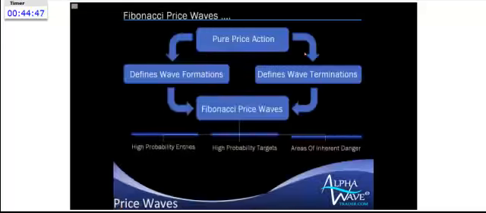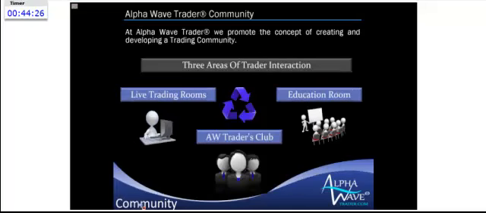So here it is. This is what I was discussing. Pure price is what defines very, very important levels and forms Fibonacci price waves. 2 rules give you very precise and specific entries. Fibonacci gives you essential targets. That's all there is. If you can count to 4, and if you can practice patience and discipline, you can trade anything. Forever and ever, you will remain the most important ingredient in trading. It doesn't matter what strategy you use. Your patience, your discipline, being selective and being conservative is the key to a long-term peaceful career.